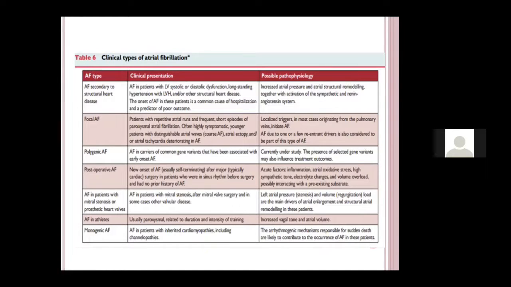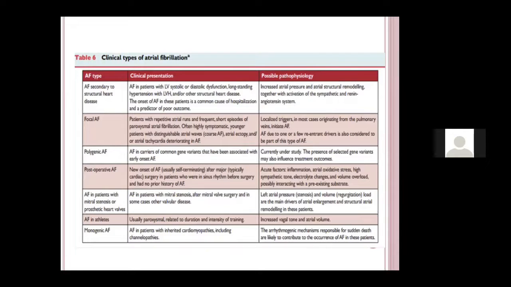Many a times you will get consultations like the patient has atrial fibrillation after surgery. And that is because some of these patients may have risk factors like diabetes, hypertension and all. One of the important things is, if the patient has risk factors, one of the things which can prevent post-op AF is starting statins and beta blockers prior to the surgery. Because in post surgery there are various factors like inflammation, high sympathetic tone, dyselectrolytemia, volume overload, and all this may cause the AF.